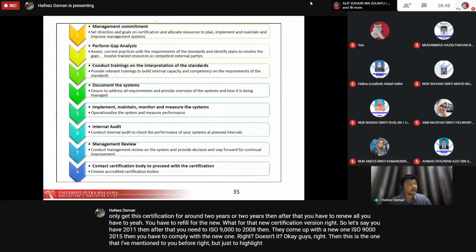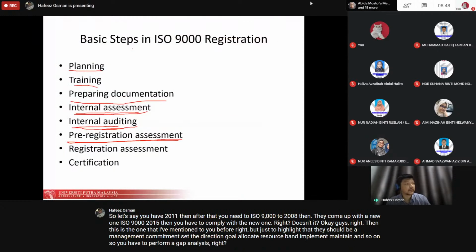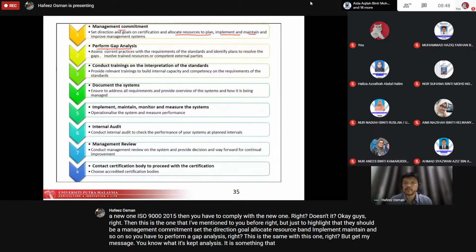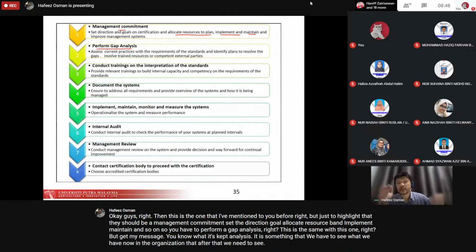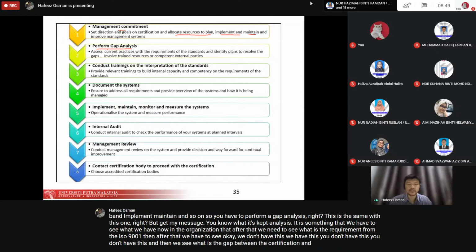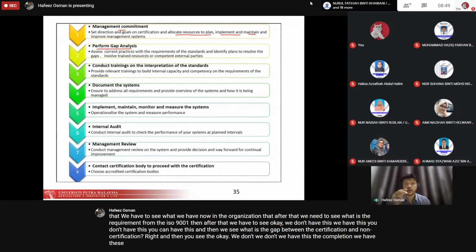Okay, guys, right? Then this is the one that I've mentioned to you before. But just to highlight that there should be management commitment, set the direction and goal, allocate resources, plan, implement, maintain, and so on. So you have to perform a gap analysis, right? This is the same as this one. But gap analysis, you know what is gap analysis? It is something where we have to see what we have now in the organization. Then after that, we need to see what the requirement from ISO 9001 is. Then we see, okay, we don't have this, we have this, we don't have this. And then we see the gap between the certification and non-certification status, right? And then we see that, okay, we have this documentation, but we have to change it a bit to suit the ISO requirement,